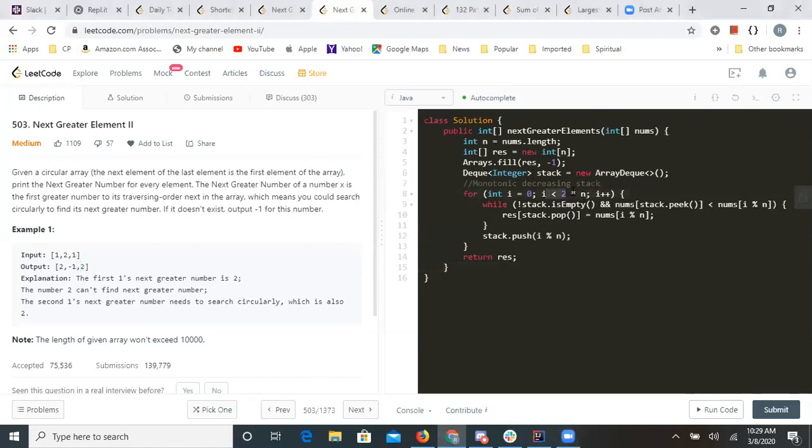Now we are going through an array of 2 times n length. And the only difference is we are making sure that we put the value whenever it is reaching more than 3, or more than actually 2, the values which are actually in the array. So 3 will get transformed to 0, 4 to 1, and so on. Similarly, while popping out, we are just updating that result value. Go through this example on your own, and I think it should be pretty easy to solve this problem.